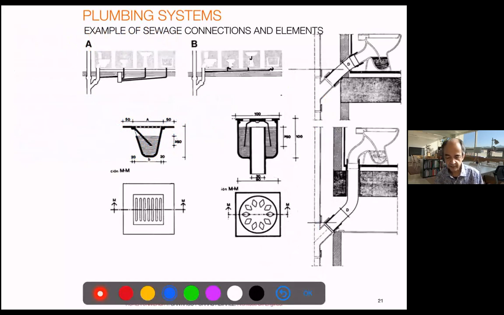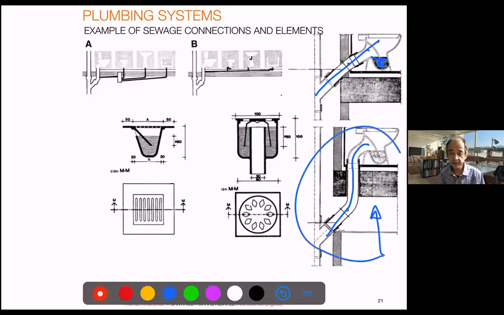This is an example of what is done. Toilets have a water trap to stop the smell, and they may go horizontally or vertically through the floor. This is the general use nowadays. It creates a conflict with the lower neighbors, but makes repair and maintenance much easier. You see connections always in V, right?